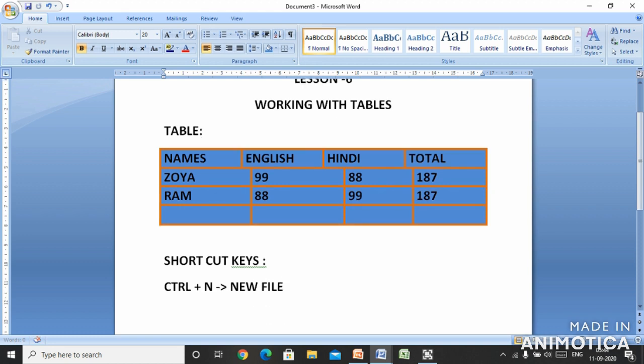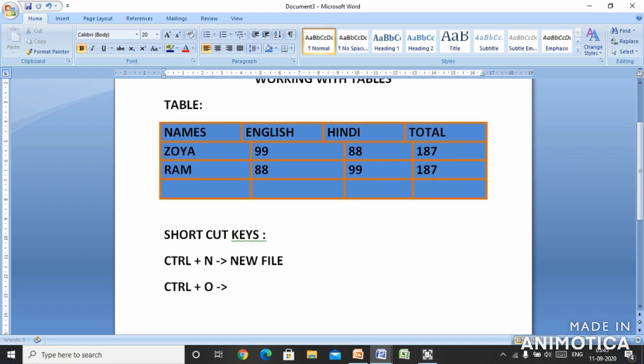Then Control plus O is for what? To open a file. To open any file, you can use the shortcut key Control plus O.